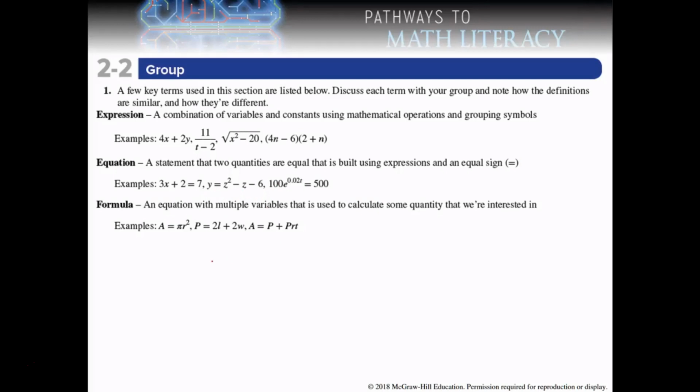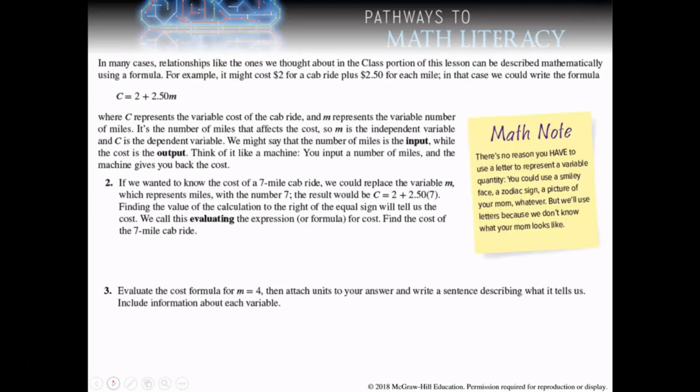In number 2, we're going to use a formula to calculate some things. So we have a cost formula, C equals 2 plus 250 times M. And in number 2, it asks us to plug in a 7 for the M to calculate the cost of a 7-mile cab ride. So we'll go ahead and do that. C equals 2 plus 250 times 7. And when you calculate that out, it comes out to